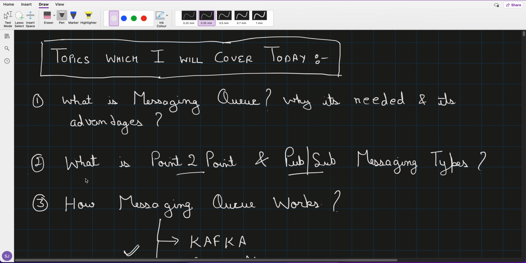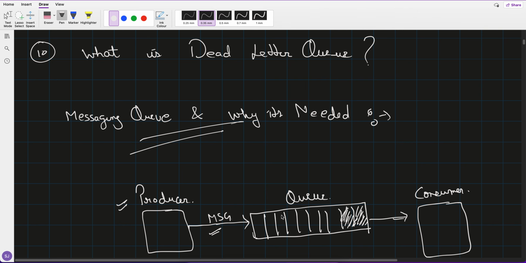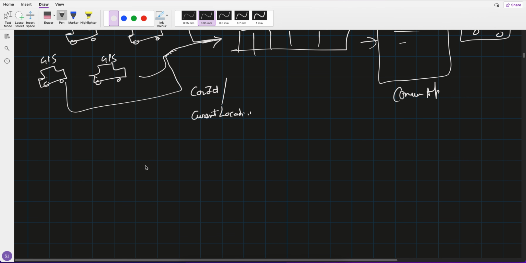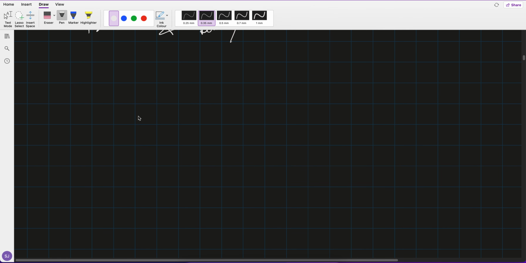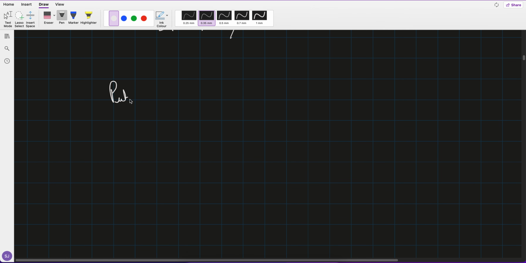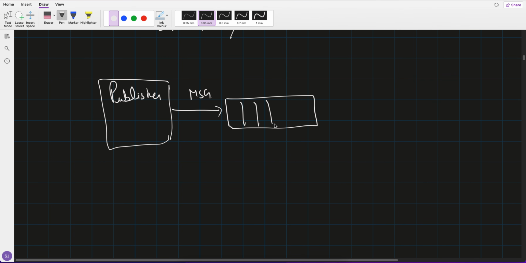Now let's move to the second point. What are point-to-point and pub/sub messaging types? What is the difference? So here we have a publisher. What does the publisher do? The publisher publishes a message in a queue. So this is my message. And from a queue there can be multiple consumers. Consumer 1,